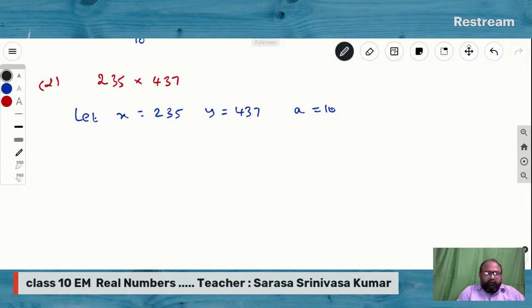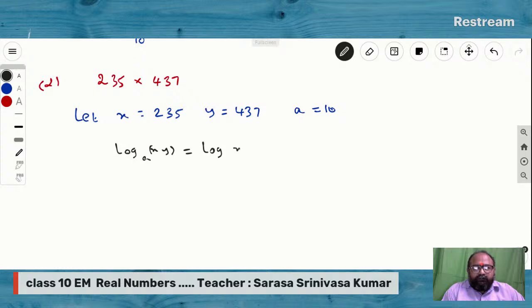So we know the formula, log xy to the base a equal to log x to the base a plus log y to the base a. Now by using this formula, we can write